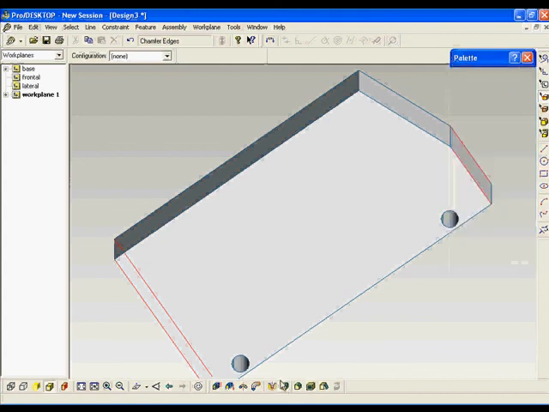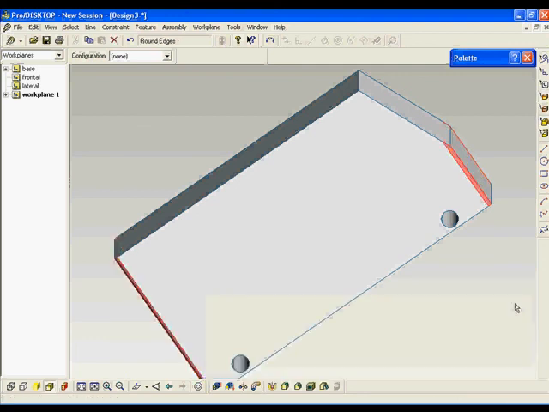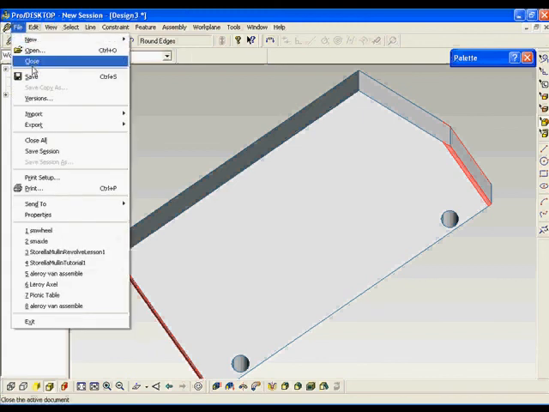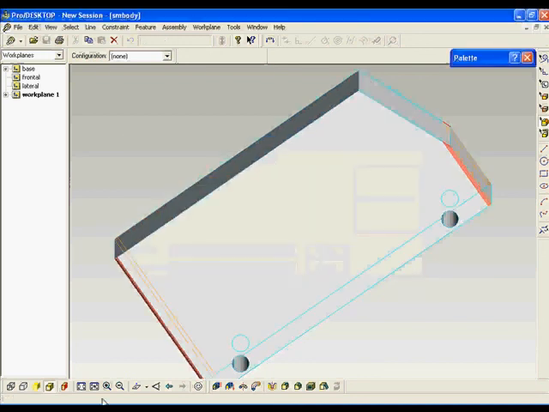On the bottom is the round edge command, and I'm going to give it a radius of 0.25 for rounding the edges on the van body. Now that this is completed, I'm going to save the van body, file save, make sure I'm in my same folder, and we'll call it my last name and the word van body. At this point, we have completed the 3 main parts